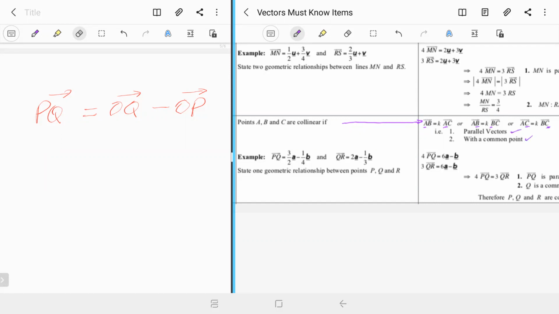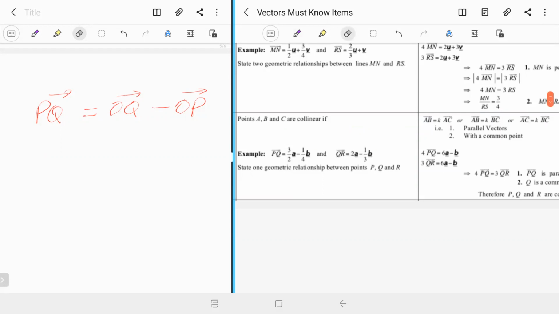And you have to state a common point. Once you have parallel vectors with a common point, it means then that the points are on a straight line. The points are collinear. This is an example of how you can do it. Again, it's an example now. So you have this vector, and this vector. And the question is to state one geometric relationship between the points. If the question asks for one geometric relationship between 3 points, the answer is that the 3 points are collinear,